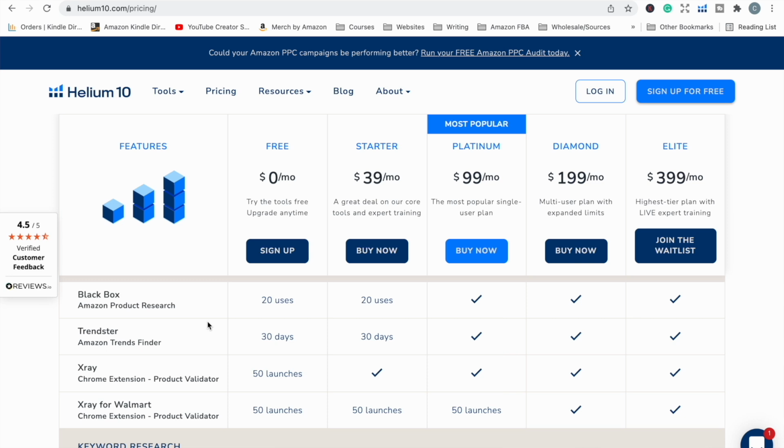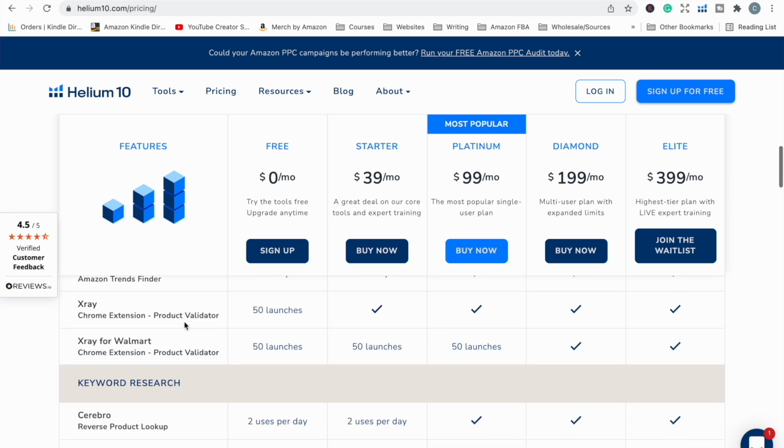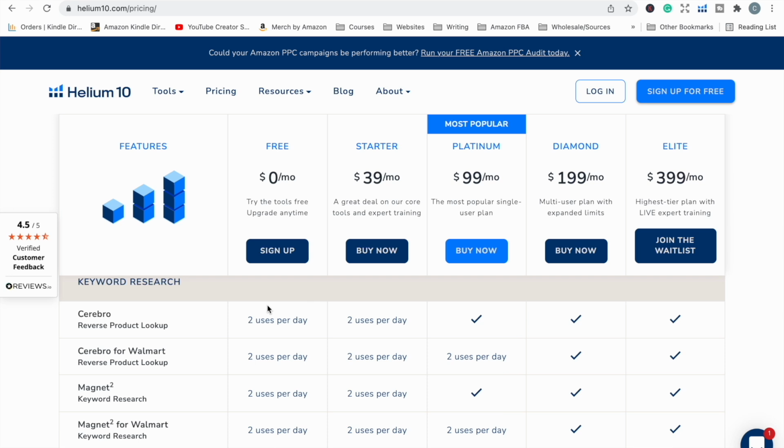So if you are wanting to do product research, I like Black Box for niche research. I have done a video on that particular tool for niche research. I'll link to that at the top of the screen, but you get to use that 20 times. X-Ray is also another tool which comes in handy, and it gets added to the Chrome extension, and with that